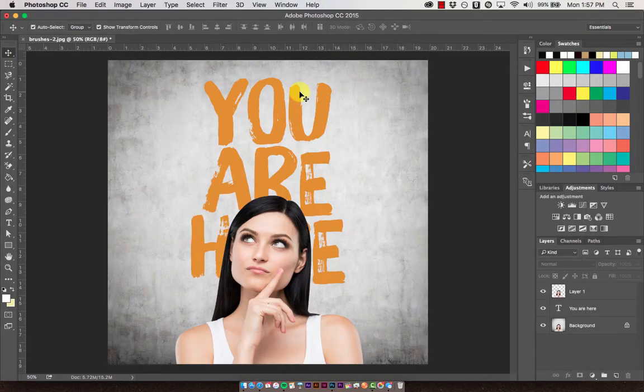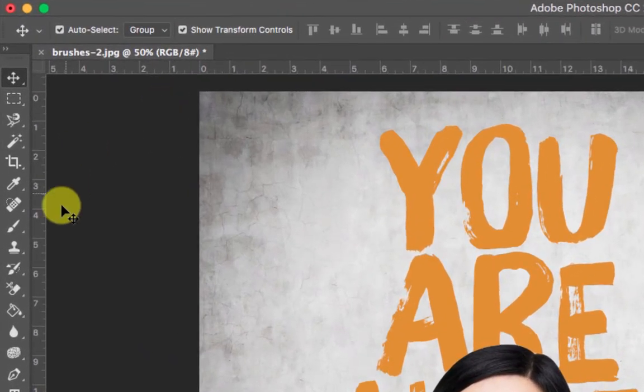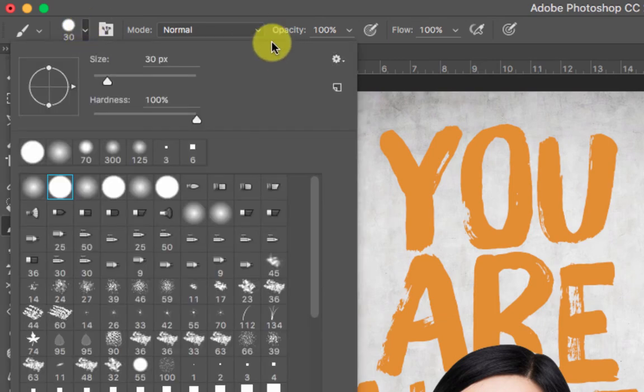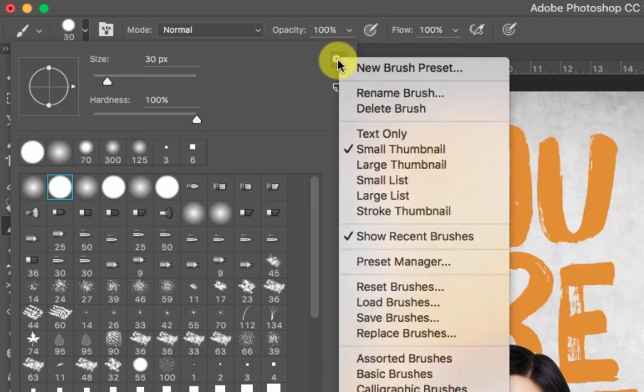So once you've downloaded your brush, now it's time to install it. To do that, I want to make sure that I have my brush tool selected, and that's the letter B on the keyboard. Then I'm going to go up to my brush selection here in the options bar, and I'm going to open up that box, and then over on the top right hand side there's this little gear. If you click on that and then go down to where it says load brushes,